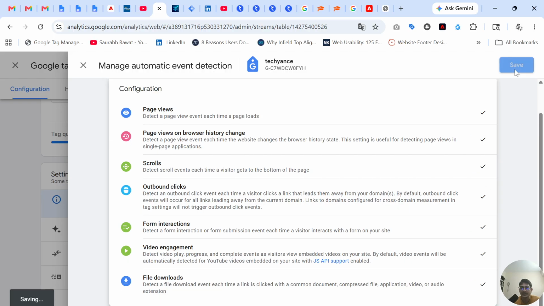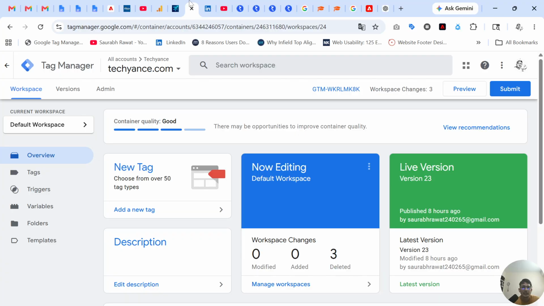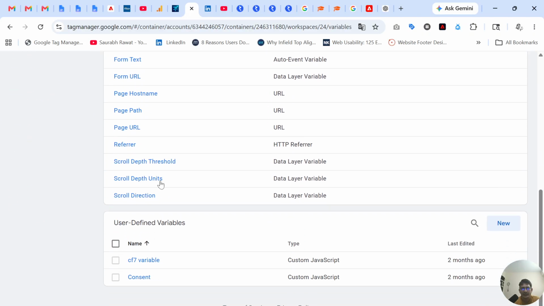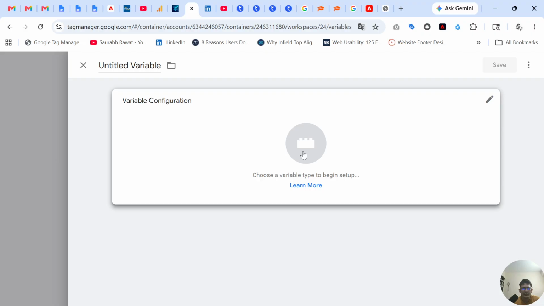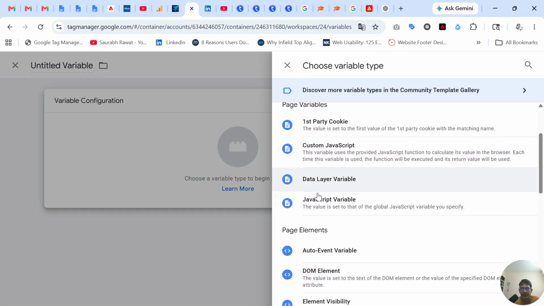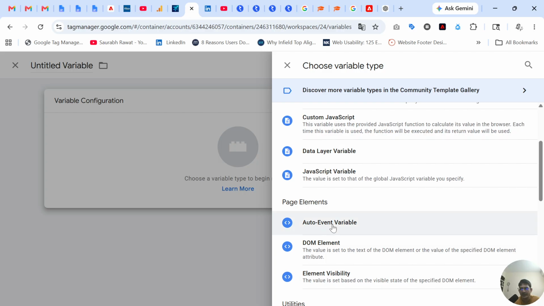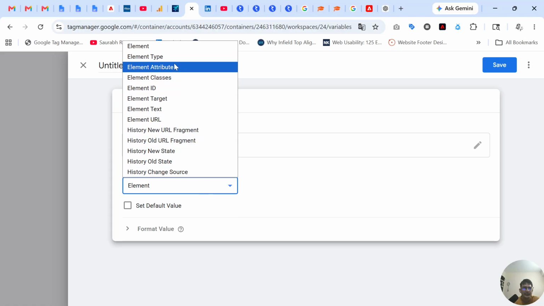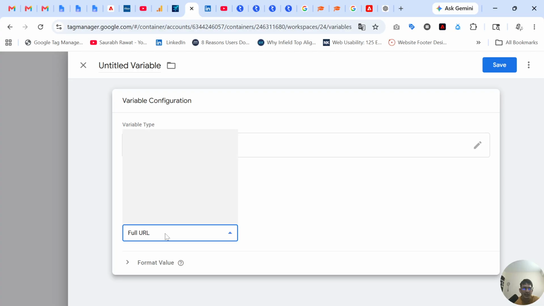Let's see what happens first. If I use both, then what happens? So first we will create a variable. Click on variables. There is no built-in variable, so you have to create a custom variable. So how can you create a custom variable? Here, click here, then auto event variables, click here, and this is the element URL, and then select